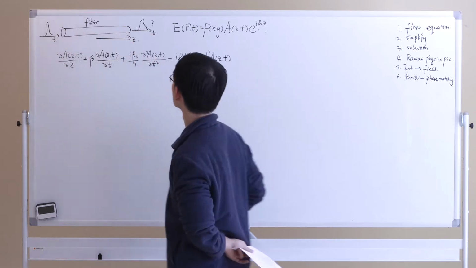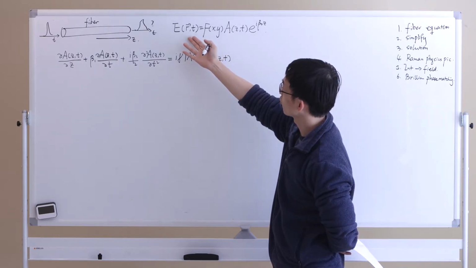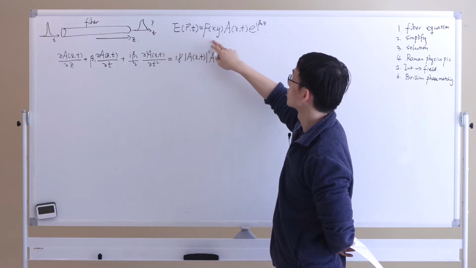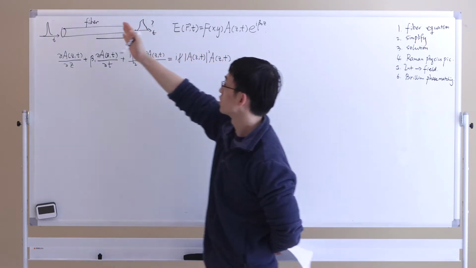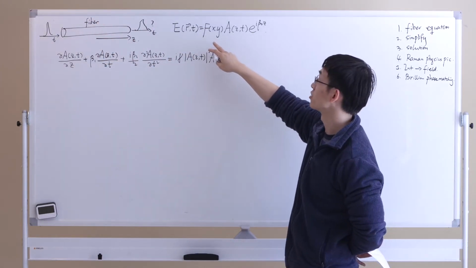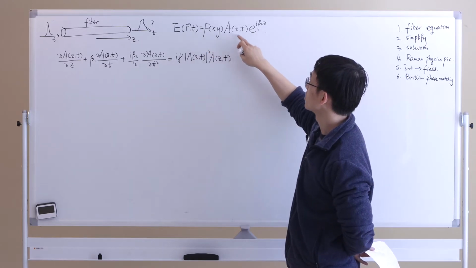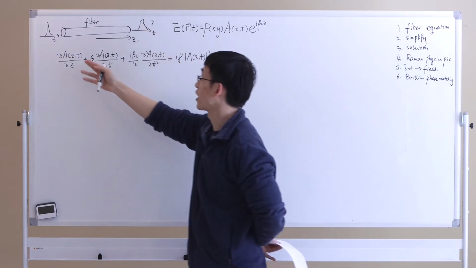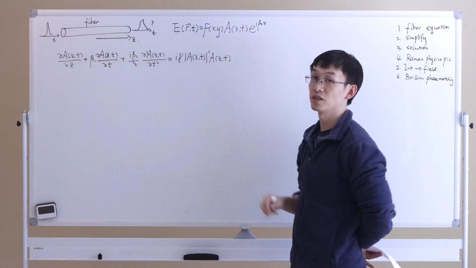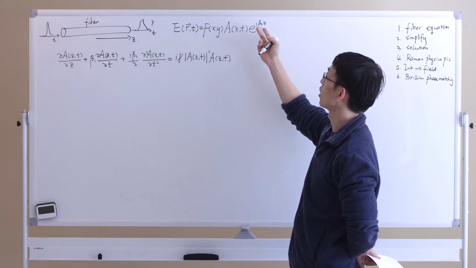To solve this problem, we assume that the electric field of the light can be written as a cross-section function of x and y, which is basically determined by the optical fiber itself, what we call the mode. And then there's a function of z and t, which is the amplitude that propagates along the z direction and changes with time t. And then there's a propagation constant, i beta naught z,